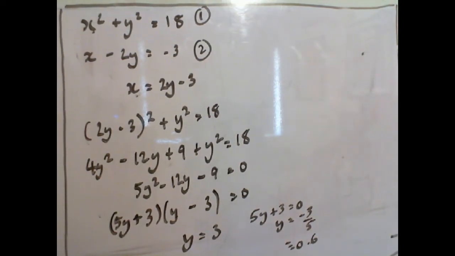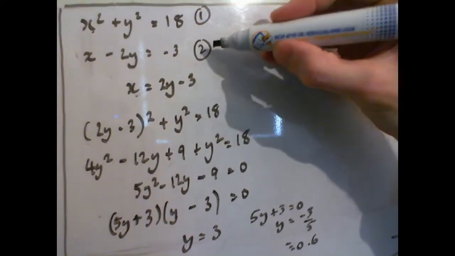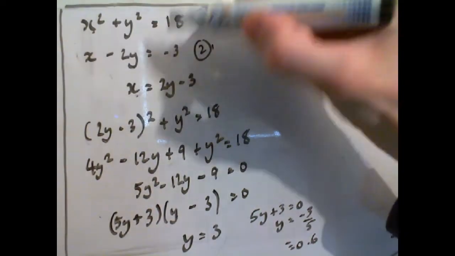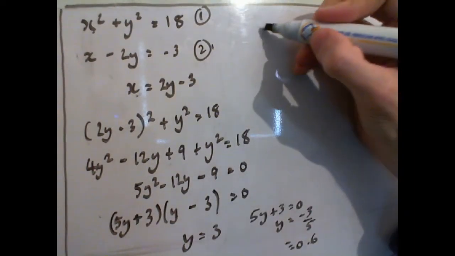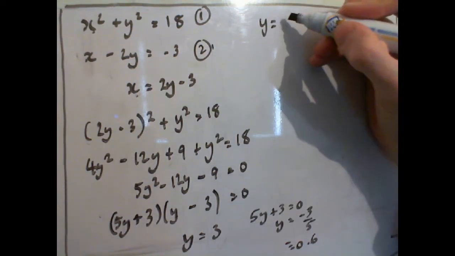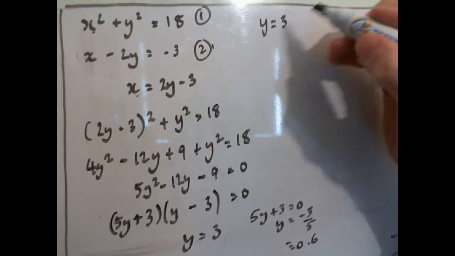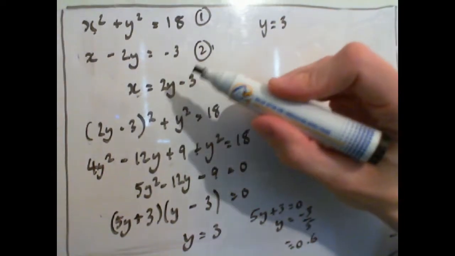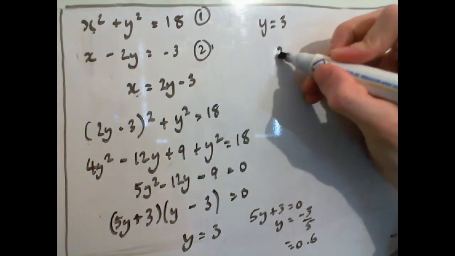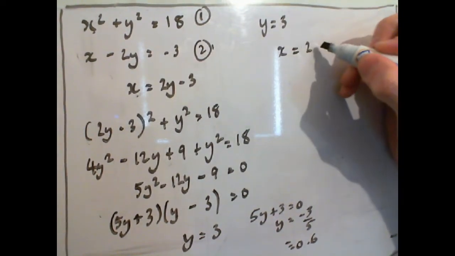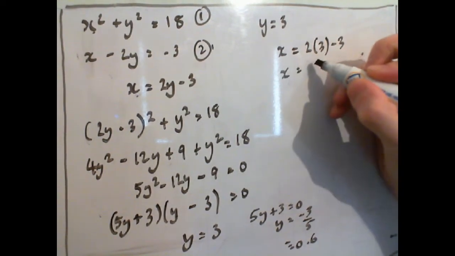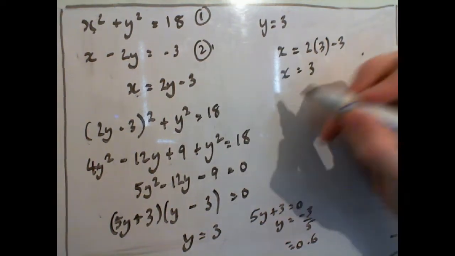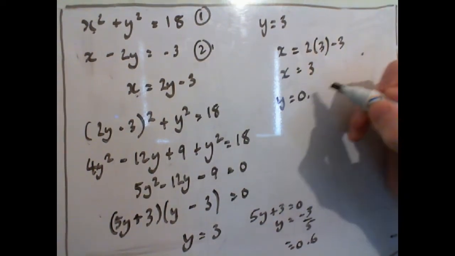We're going to have to try them both and get both x values out for all marks. I'm also going to substitute it into number 2 because I don't have to square anything, it'd be much easier. So I'm going to put y equals 3 first. I'm going to use this part of the equation because it's already got x as the subject, 2 lots of 3 minus 3. So one solution is x equals 3,